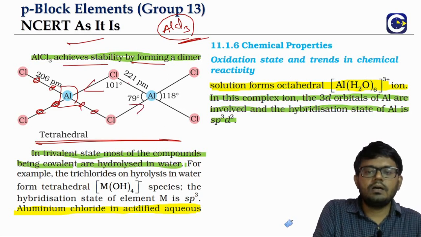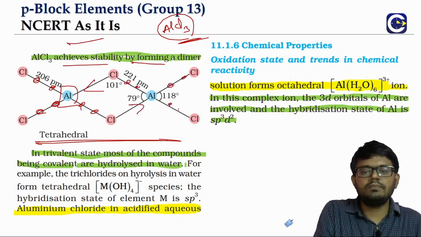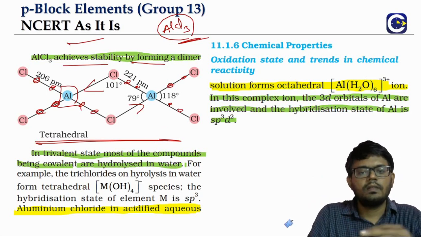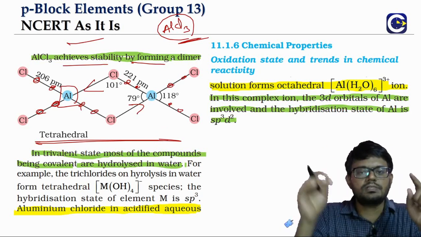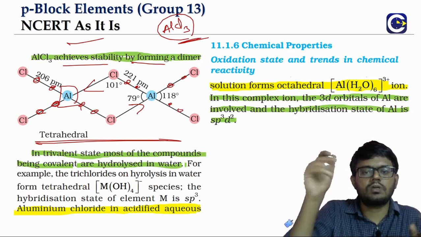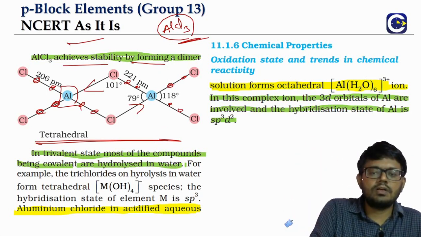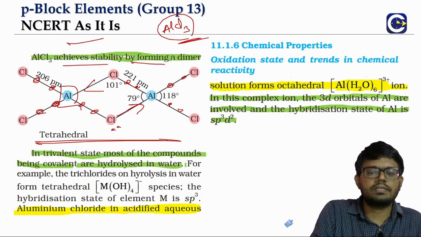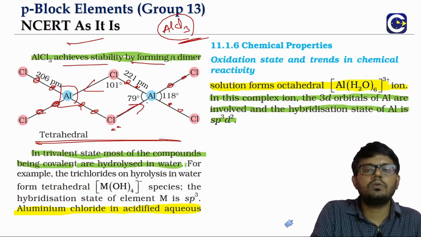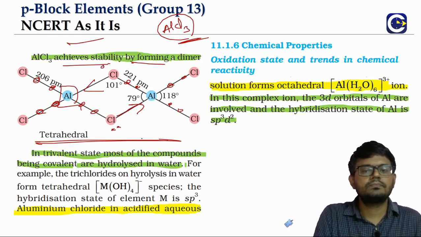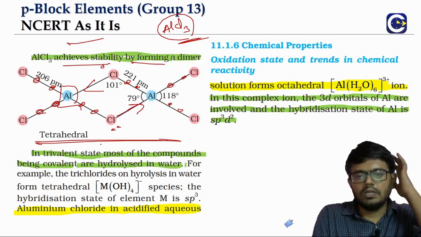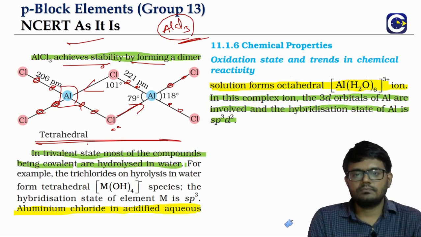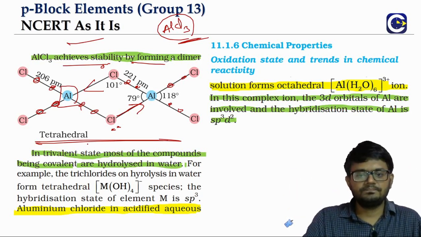Here you will have a normal covalent bond. So each aluminum will form 3 normal covalent bonds. In the bridge, each aluminum has to form 2 bonds. One of them will be a normal covalent, the other is what, coordinate covalent. See, chlorine will have lone pairs of electrons. Those lone pairs of electrons are used for the coordinate covalent bond here also. So because of this coordinate covalent bond, the aluminum will be able to achieve the octet. That is how the aluminum chloride dimer will exist.